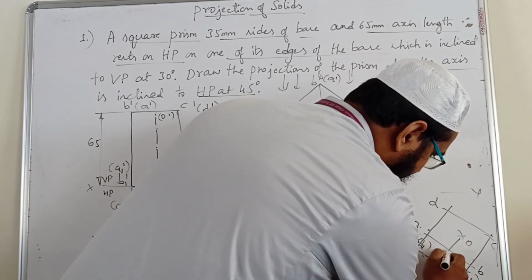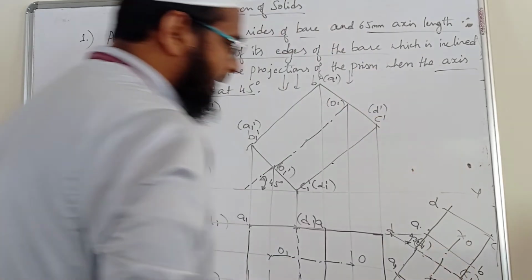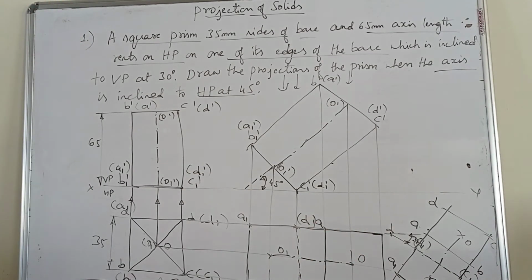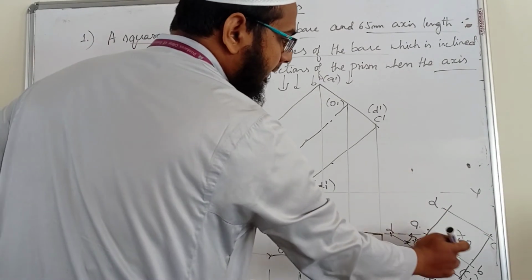So join it. This is the second diagram we have copied to the third position. Now we have to complete the final position here. The easiest method is, first, writing the notations of the top face and the top face, and then the bottom face and the bottom face.